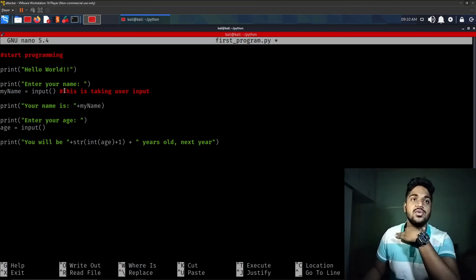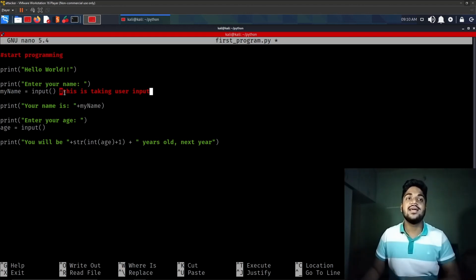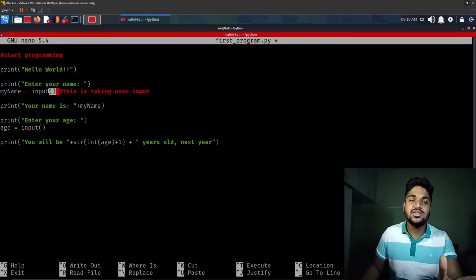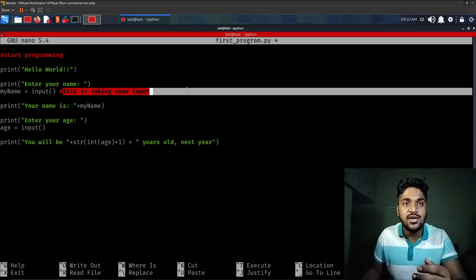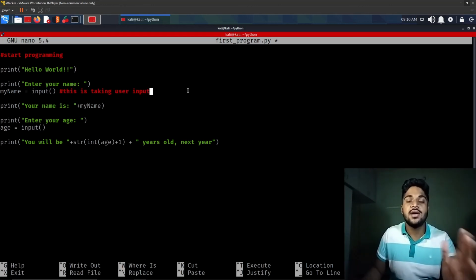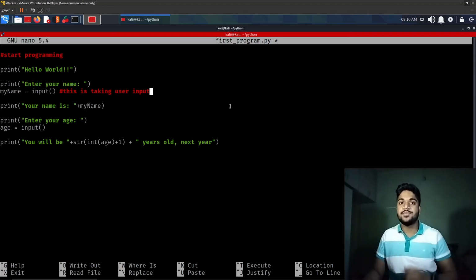So I can give this line a comment telling this line is taking user input. Whatever comes before the hash will not be considered a comment. Only something that comes after the hash, until the line ends, will be considered a comment, and the Python interpreter will just ignore that part after the hash.